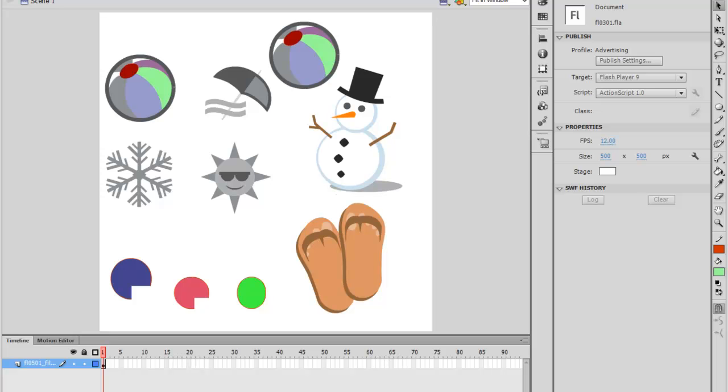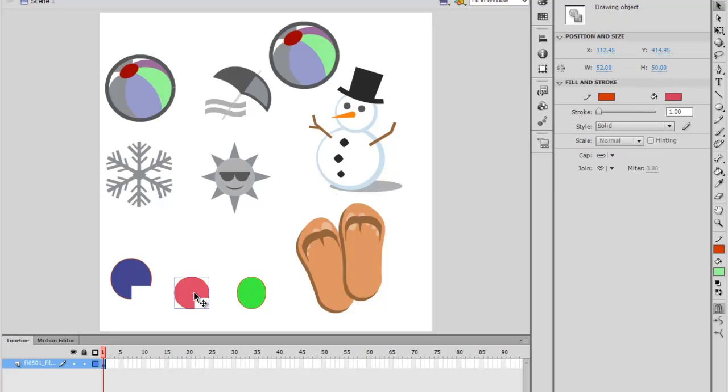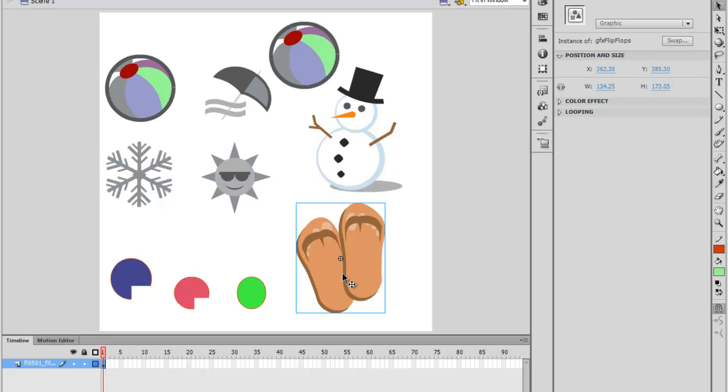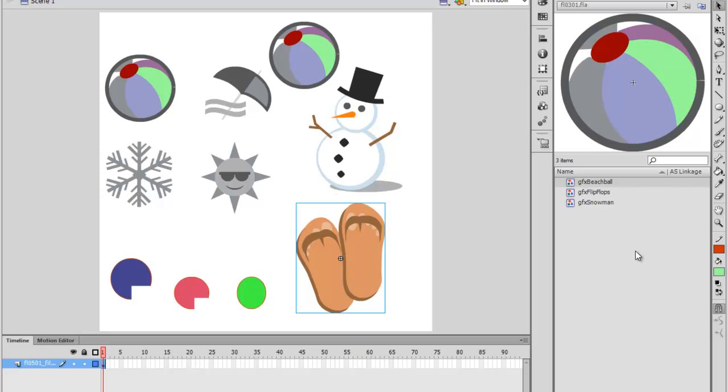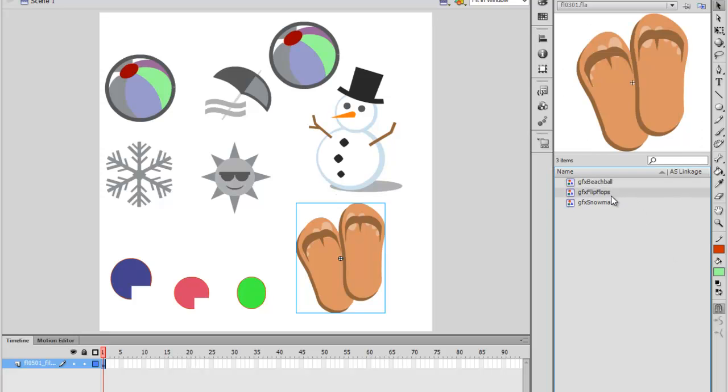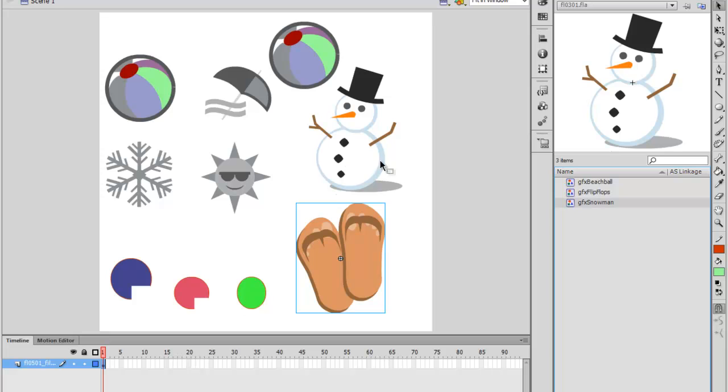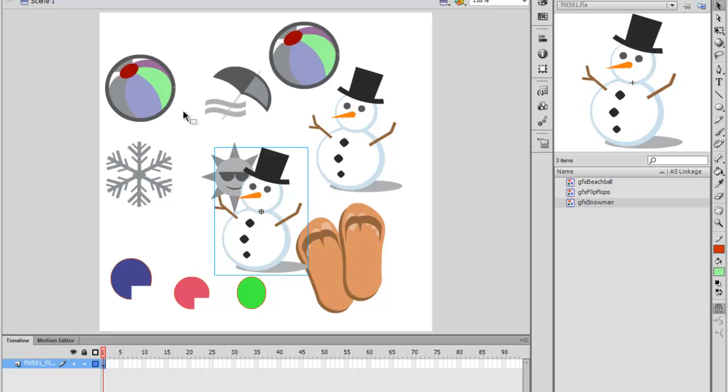Where we left off on the last recording was the ability to differentiate between a drawing object, a bitmapped object right here, as well as a symboled object. Noticing in my library area, I now have three different symbols: the beach ball, the flip-flops, and the snowman. And as I'd mentioned before, each repetition or repeat of their existence in the stage area is a repeat of an instance. That is the terminology that is used to differentiate symbols from their existence on the stage or different